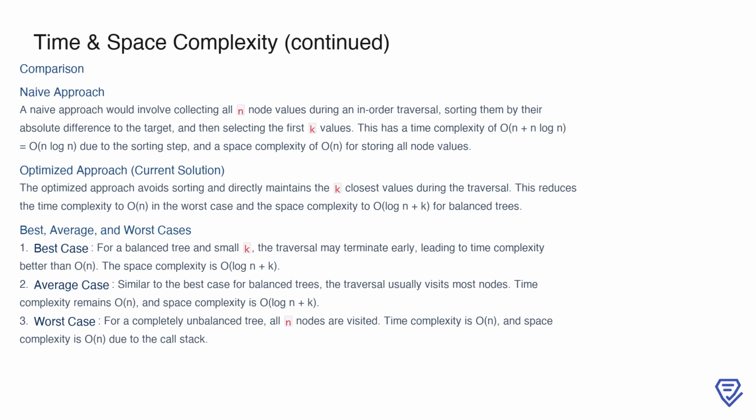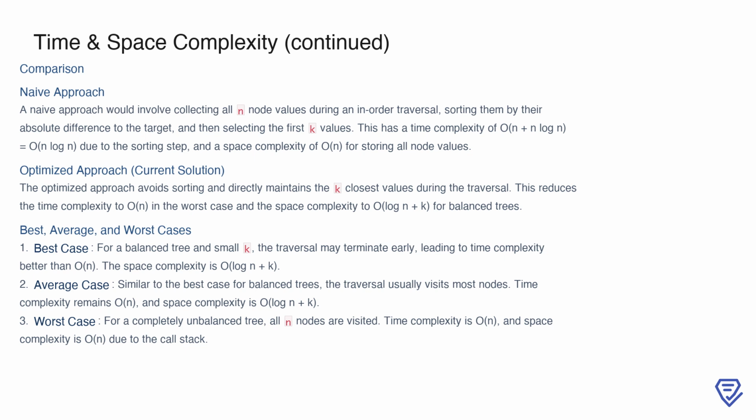The optimized approach, by contrast, avoids the sorting step entirely. Instead, it maintains the k closest values directly during the traversal. This reduces the time complexity to O(n) in the worst case and the space complexity to O(log n) plus k for balanced trees. Considering different scenarios, the best case performance occurs with balanced trees and small k, where traversal